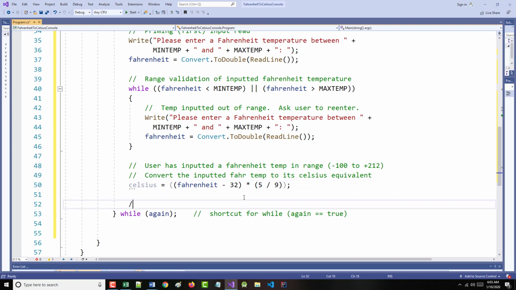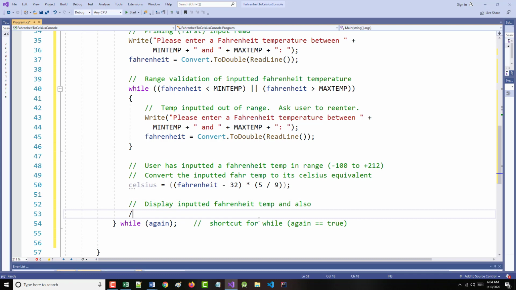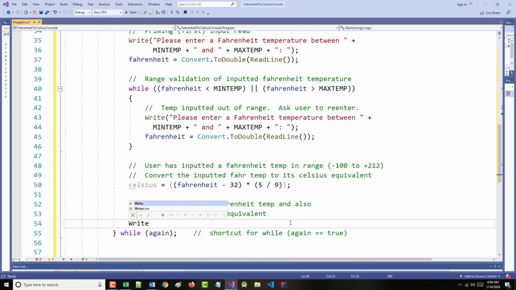So, display inputted Fahrenheit temp and also display its Celsius equivalent. Okay? So, right line,